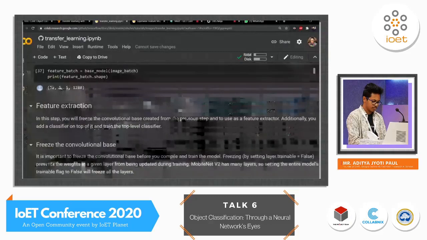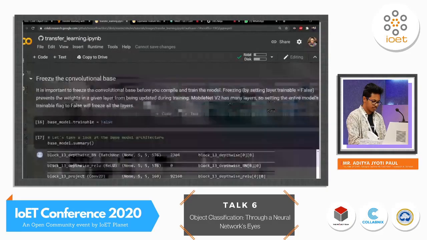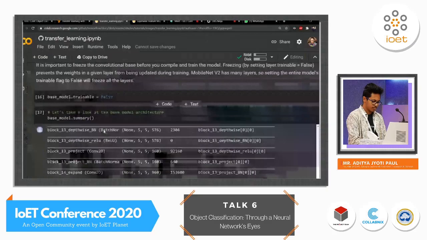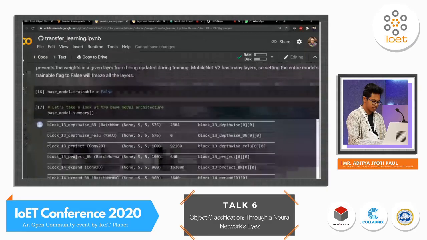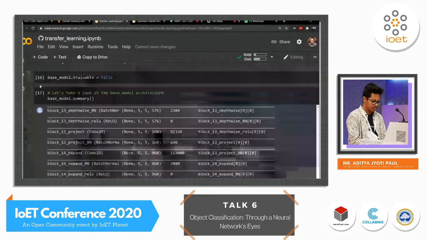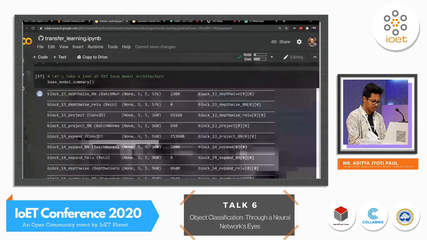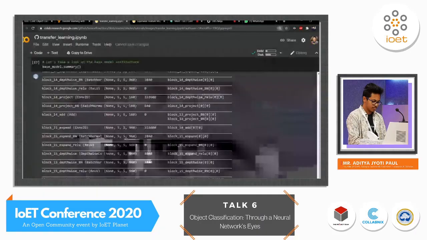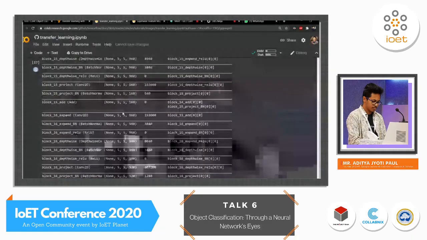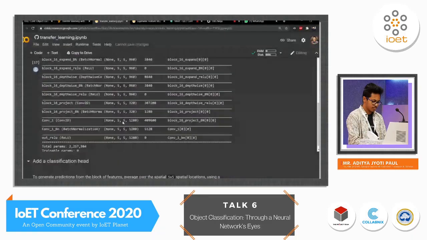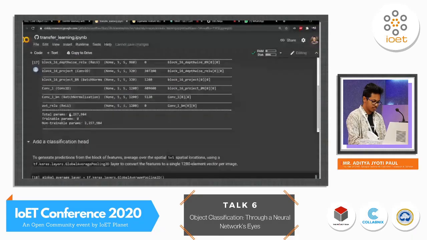So now what we're going to do is freeze this convolutional base, or the model which we just downloaded. We are not going to train it. We're going to set it completely to false, and we're going to see the shape of the architecture of what we just downloaded. Let me zoom out a bit because it's a huge model, obviously. All right, so we see that we had a total of about 2.2 million parameters, and